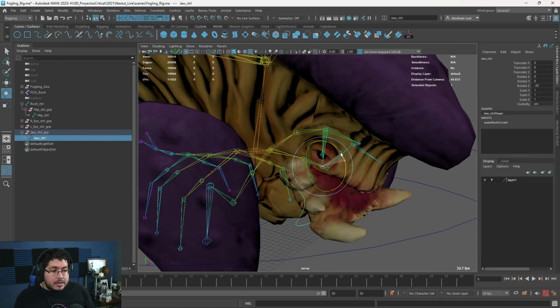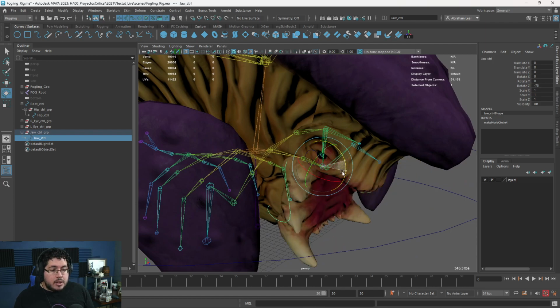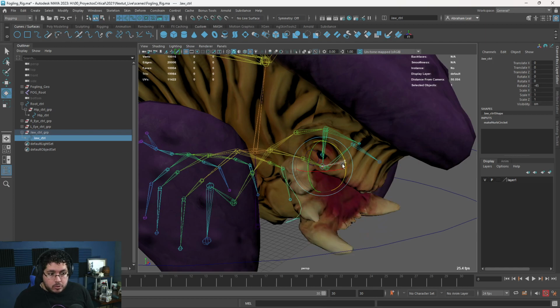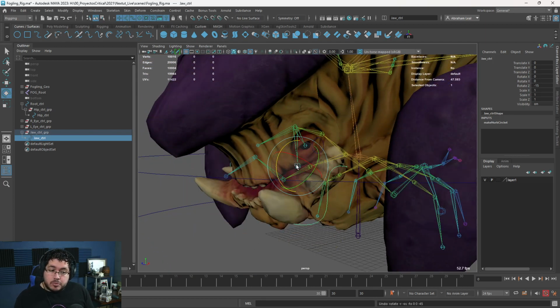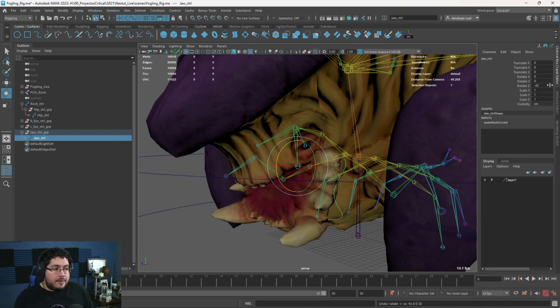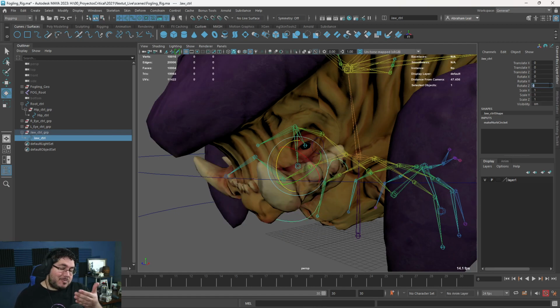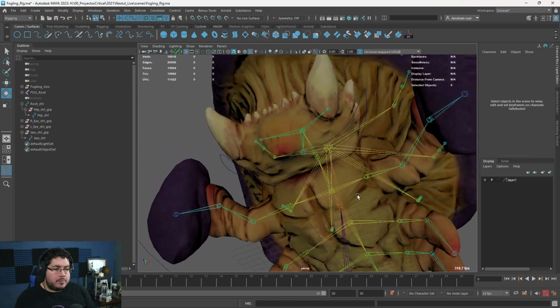Now, this is where, again, the position of the joint was very important because, as you can see, where the joint is, that's the point at which the mandible is gonna be moving and rotating around. So if you see that your rotation is wrong, that means that your position for the bone was wrong. And you're gonna have to go back. This is why a lot of people hate rigging because, as opposed to something like sculpting or modeling, it's not very easy to fix things. You need to follow the steps very, very closely. And if you mess up, you have to backtrack quite a bit, okay?